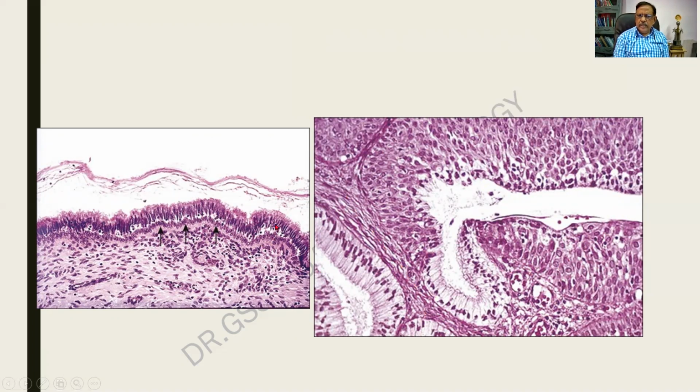This picture is for comparison, and I'm finding the tall columnar cells and the basal nuclei and the basement membrane. All can be seen very clearly. The arrows point out to the basement membrane. And there is a stroma showing the inflammatory cells. This is a superb diagram. This you people should draw in your histology records.